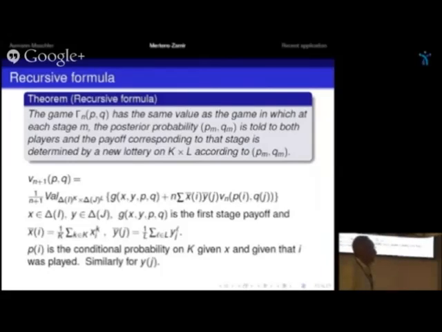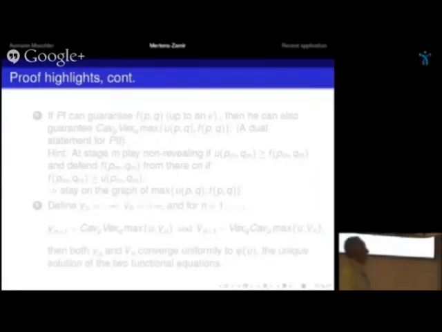And similarly for Yj. So we have a recursive formula. Now, with this recursive formula, as I said,